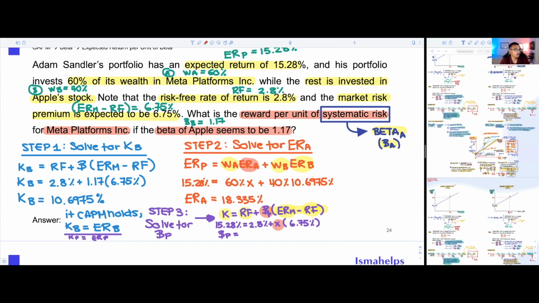We know that we're solving for X. We know that the market risk premium is 6.75. So 15.28 is the expected return on the portfolio. Risk-free rate is 2.8. X is what we're solving for, so the beta of our portfolio. 6.75 is the market risk premium. So we should be chilling. And this tells us that the beta of our portfolio is equal to